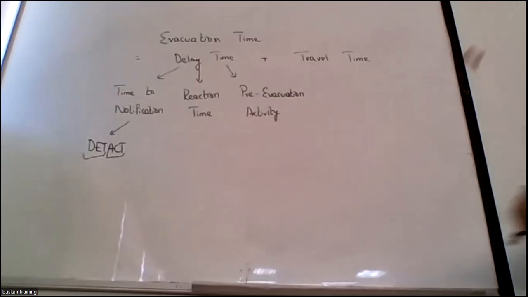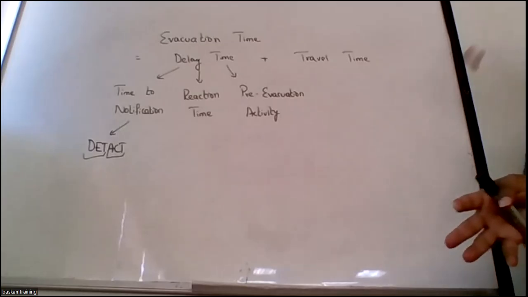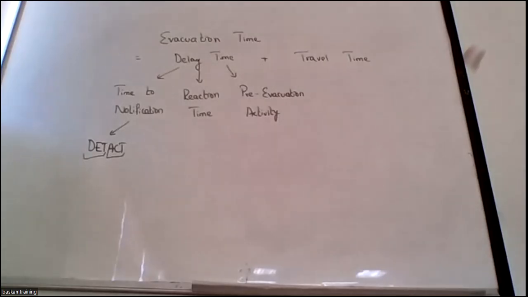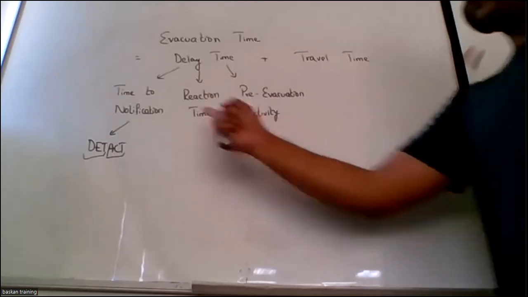In NFPA 101, they will not tell you the time to notification or detection. They will simply say that this refers to this, and you should add 2 hours. Where this 2 hours is coming from, we don't know. So what are the challenges? The challenges come when we face a new type of challenge that NFPA 101 does not answer. Then you have to come back to the basics to understand how to create a new way. That is why the Fire Protection Handbook is introduced as a course for a CFPS, Certified Fire Protection Specialist. One of the models is the DTAC model.